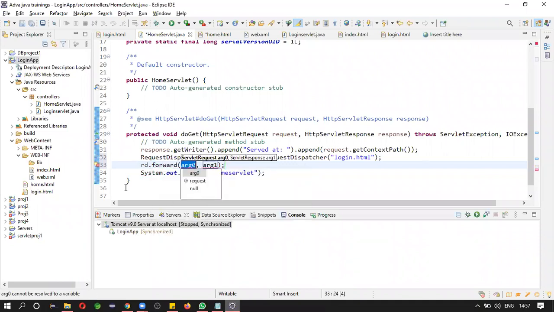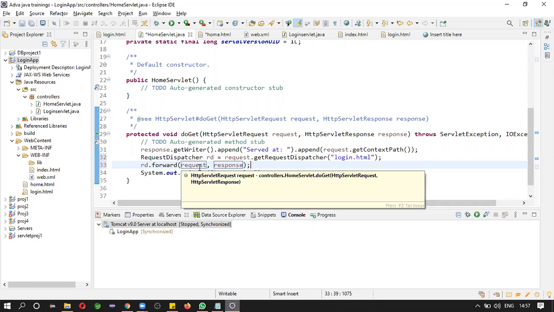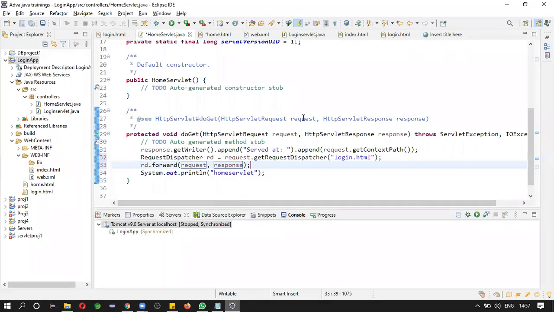Then again, what's this request and response? Why? Consider an example, Facebook or Flipkart.